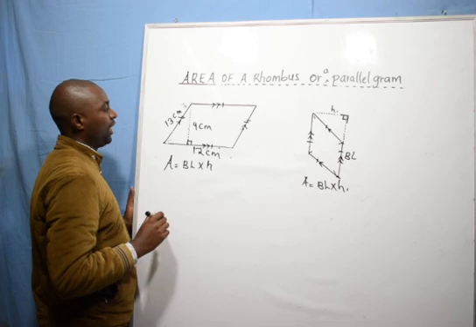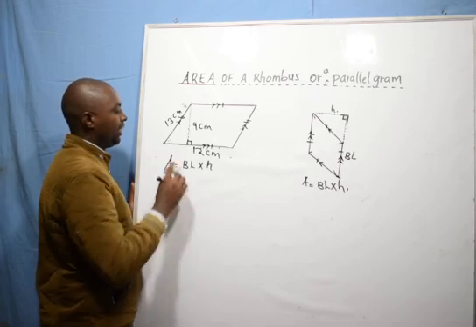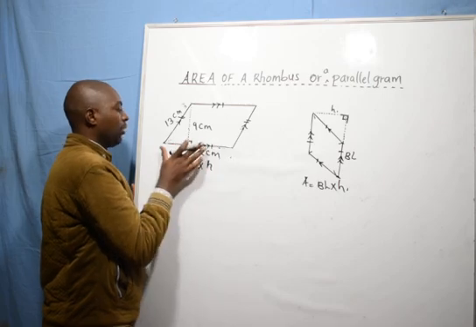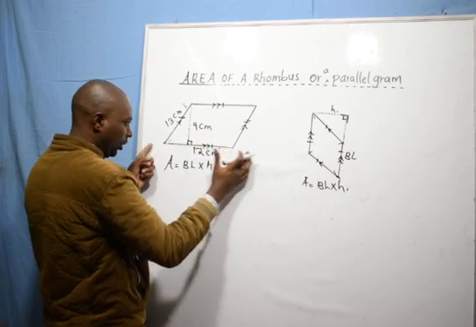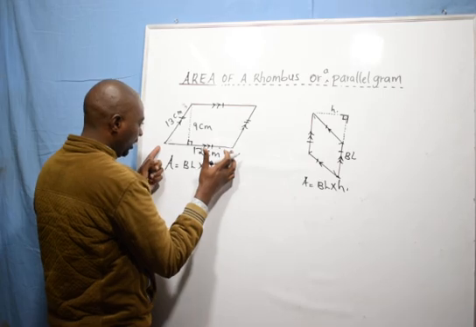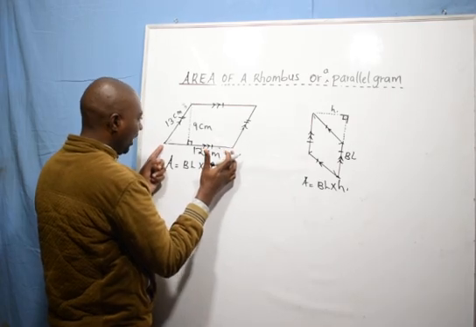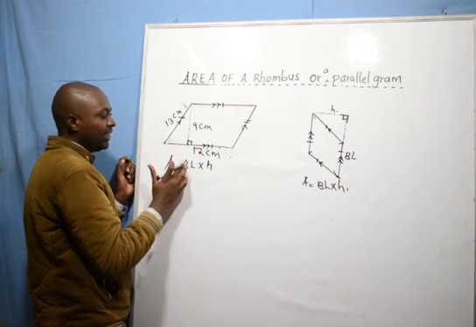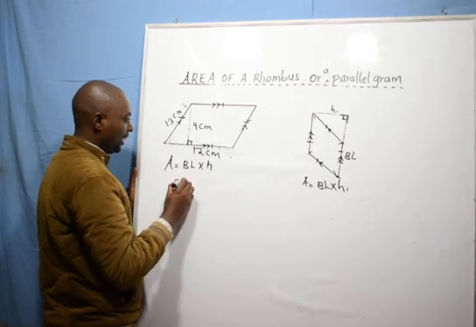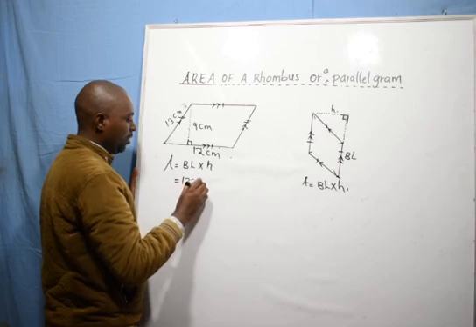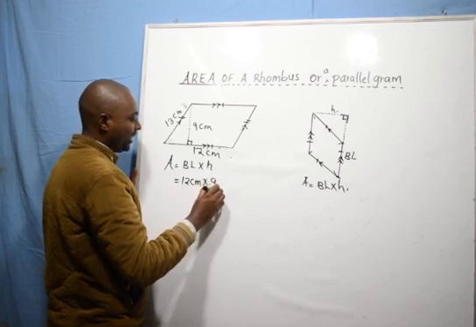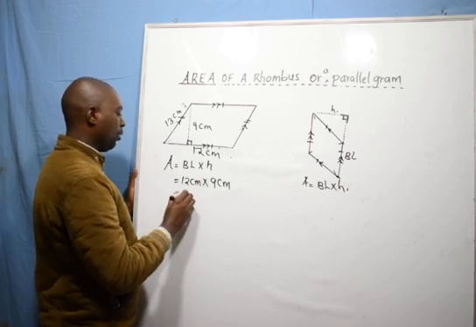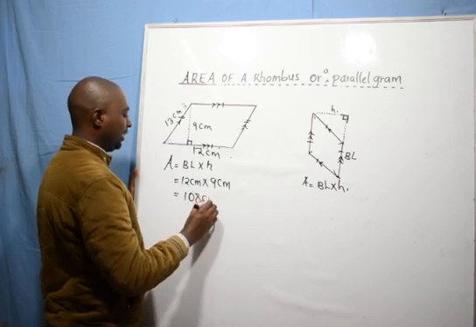Looking at that figure, you realize that this is the base and this is the height, because the line within the figure, not outside the figure, that meets at a perpendicular with the height is the base. So our base length is 12 centimeters multiplied by 9 centimeters. Therefore, the area is simply 108 centimeters squared,